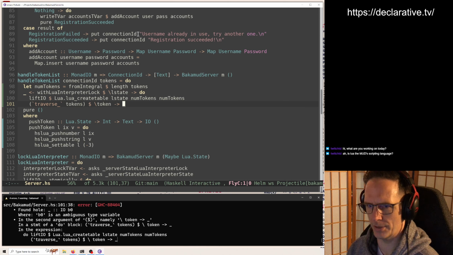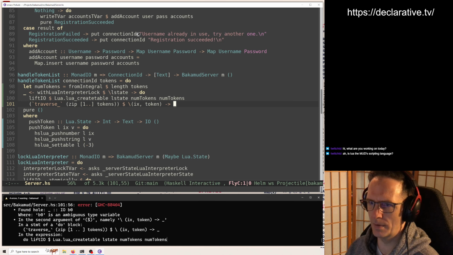Okay, yeah, so we've got an IO action here, we've got a token in the scope. And so we can... Actually, I need the integers with them, so we're gonna map these in pairs. And I think most Lua programmers are like, the tables, when they're like arrays, they're one-based indices. So we'll zip those together, and then we can push token with the state